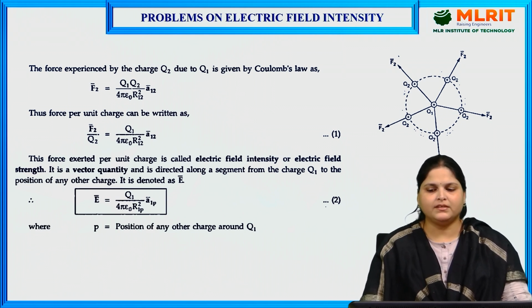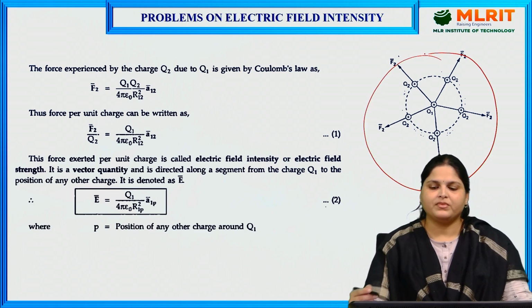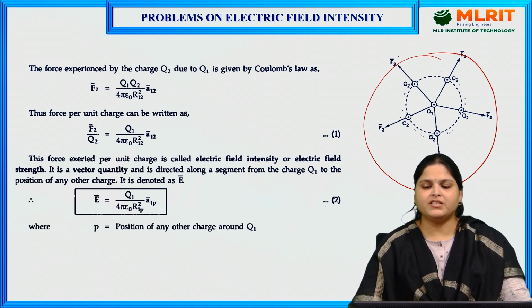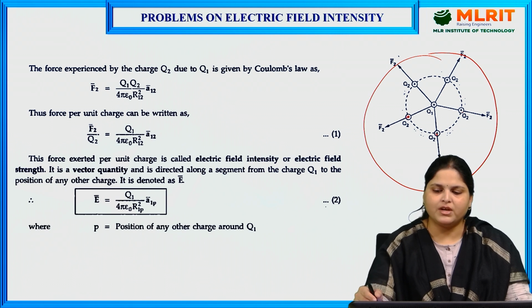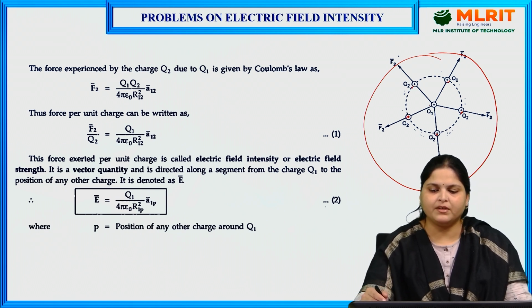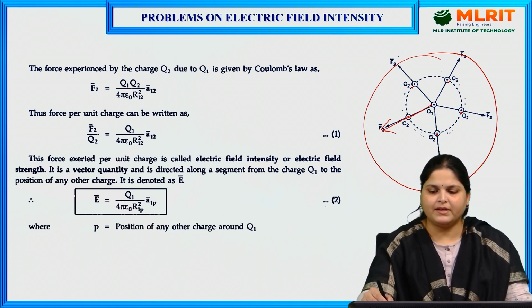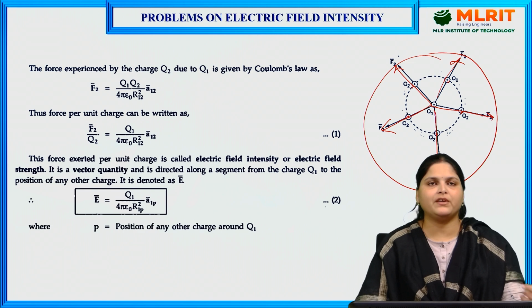We have to consider this particular diagram where Q1 is the charge and Q2 is the other charge. Instead of Q2, we can take Q3, Q4, Q5 also. Here we are finding out the force experienced by Q2 due to Q1. If you see the locations of Q2, which is at different places, everywhere the direction of force goes from Q1 to Q2. Similarly here also. Instead of Q2, we can have any other charge, but the Q1 charge is fixed, due to which we are finding out force on the other charge available nearby.